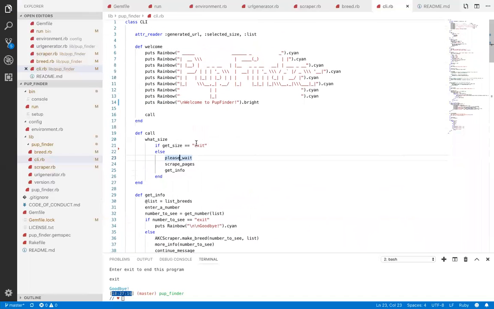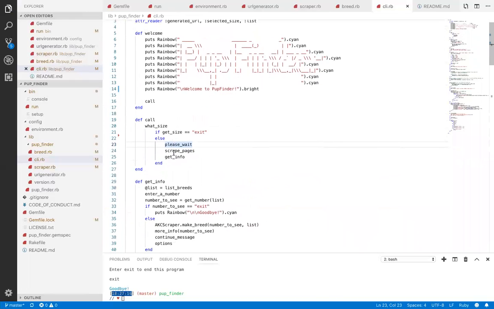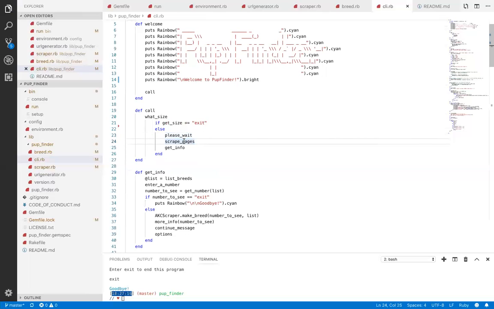So if get size is equal to exit, then we're going to do nothing. Otherwise, we will call please wait, scrape pages, and get info. So basically, this is here so that if the user enters exit, the program does nothing. If get size is not exit, which means it should be an appropriate size, we call